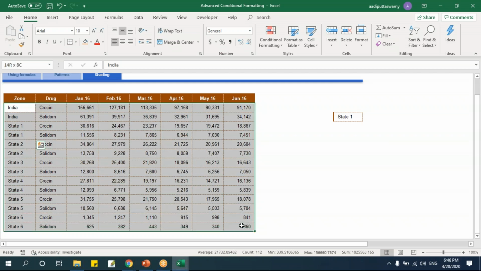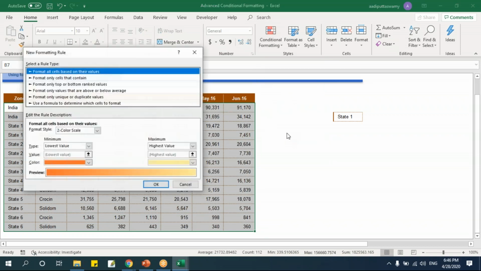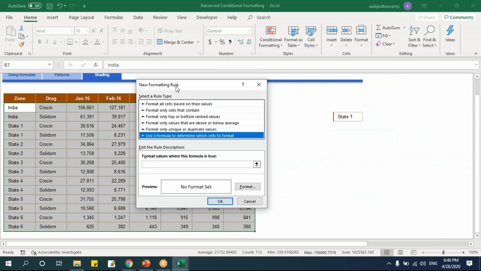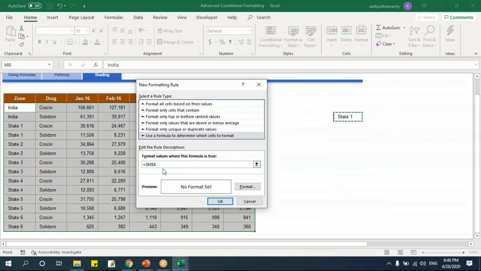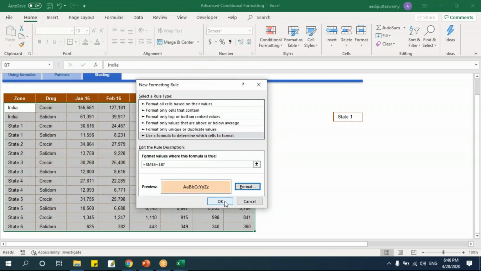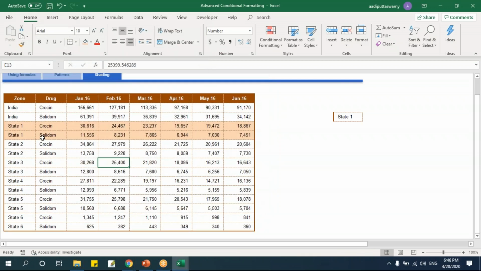One way is I'll select this and I'll go to conditional formatting and say new rule. Here I'll say use formula and say equals this value. This is a fixed value, means I'm checking only this value, equals this value. Now this one, what I'll do is say F4, F4, fix the column. So whatever value is there in this column, that has to match here. Say highlight this, say okay. Now I'll say okay. See, let me change this to state 5.